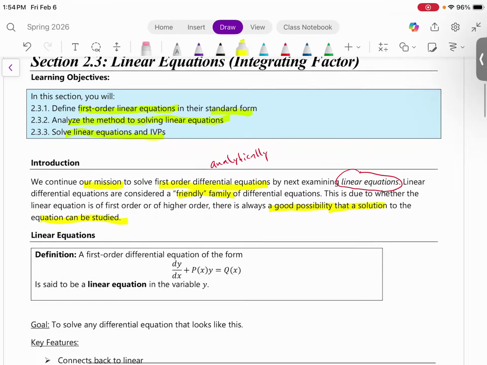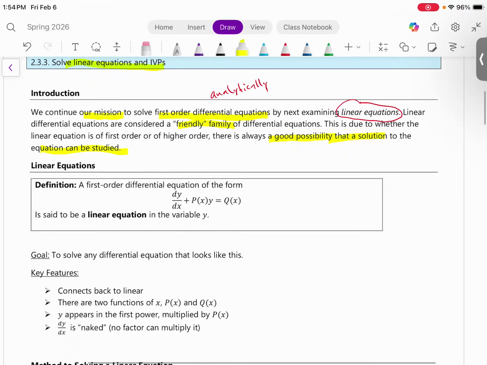Okay, so let's look at the definition of a linear equation. So a first order differential equation of the form dy over dx plus p of x times y equals q of x. This is said to be a linear equation in the variable of y. So let's break apart what these terms are in our differential equation. So P of x is some function